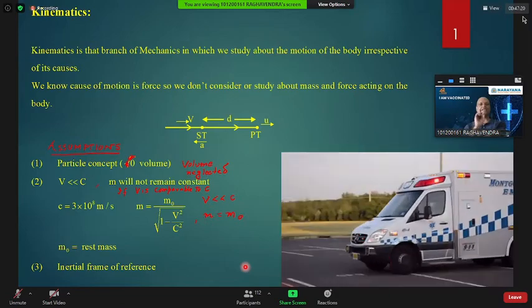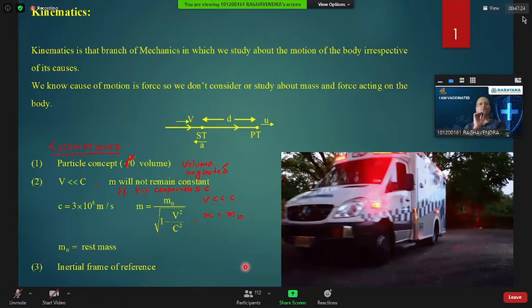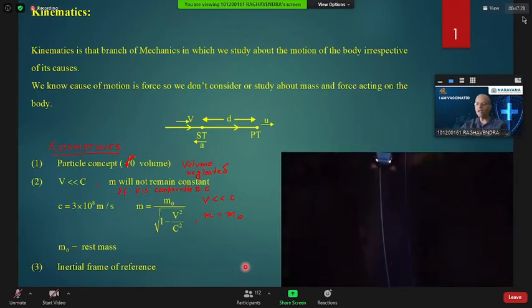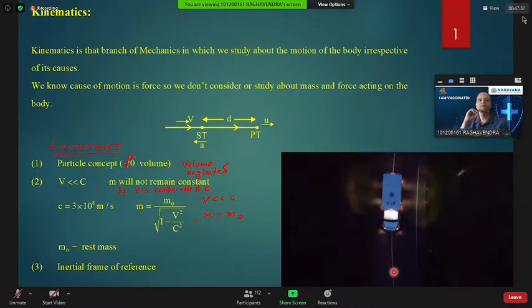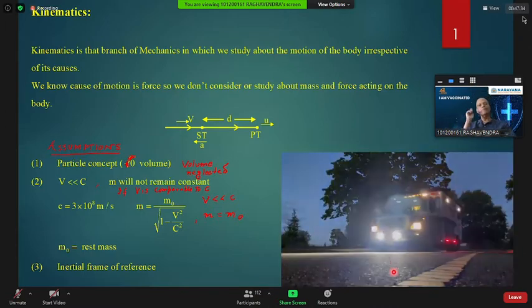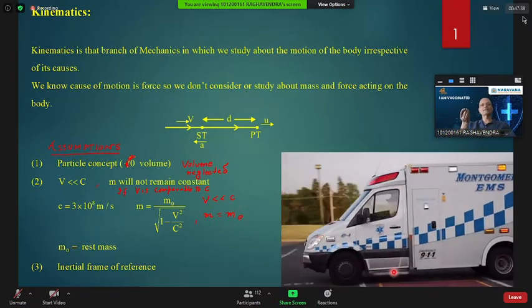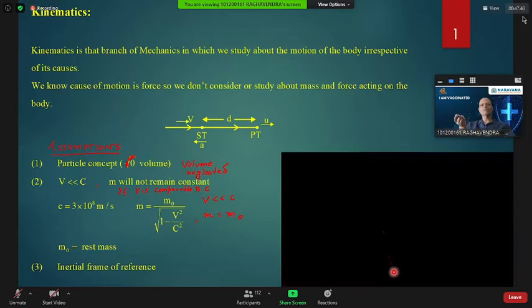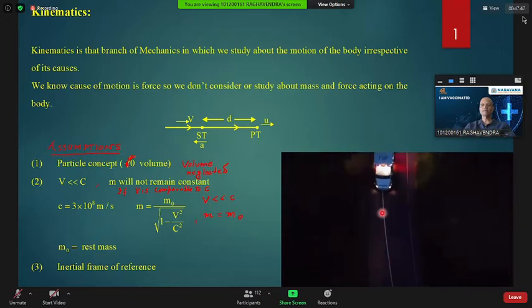See, second condition is applicable, third condition already straight line is there. Only first condition you'll have to assume that when is not there, a point is moving. You see, a red point is moving. I will take just a point, we can apply kinematics because its velocity is undoubtedly very, very less. It is neglected in comparison to C. And frame of reference, one dimension is already shown to you. Take the straight line, they are showing you.